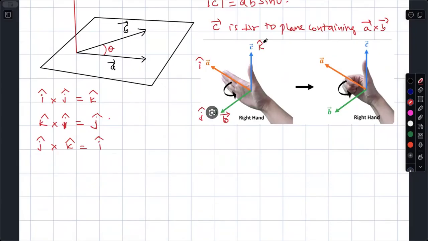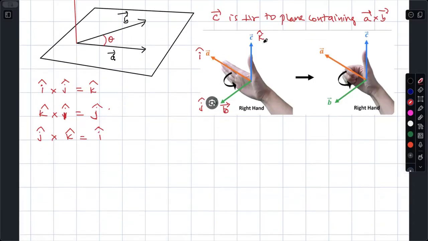Similarly, now you set the four fingers in which direction? Like in that, along the direction of J cap, and turn towards C cap. Our thumb is directed towards I cap direction. Likewise, you can set. But on the other hand, if you change anything in this, you will meet with a negative